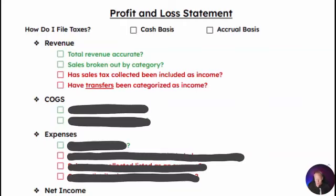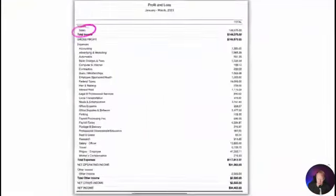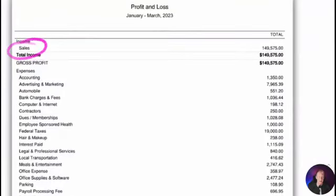Second or last one here is, have transfers been categorized as income? And I'll just tell you, this one happens all the time. Literally every month I'm sitting down with clients and we catch this. So the easiest way to do it is to go into your profit and loss statement, especially if you've got access to something like QuickBooks or Wave or whatever your accounting system is. You go in there and you scroll over to sales or revenue and you click on that number there